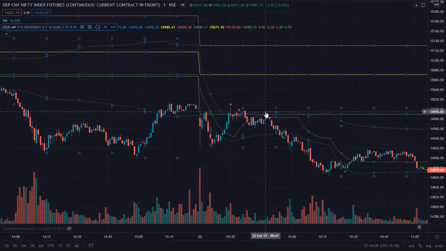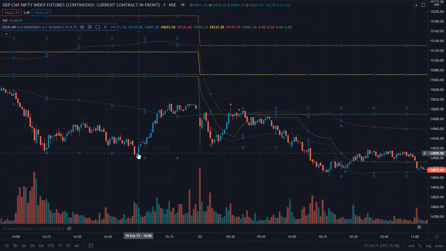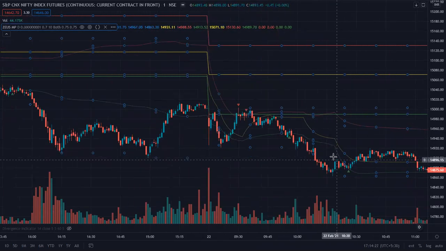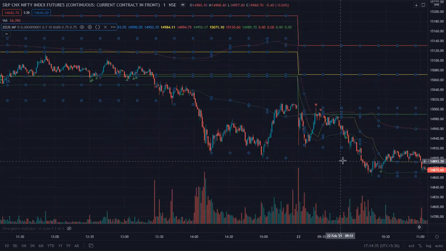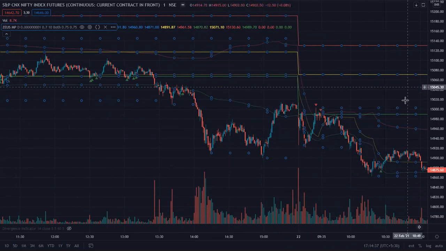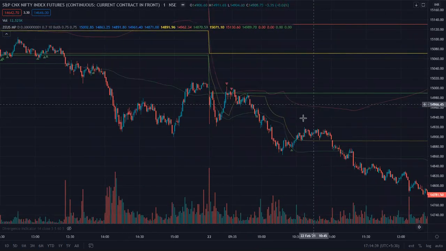After that, the market fell down, it broke through the value area low, and the whole perspective of the market changed. I was hoping maybe it would take some kind of support out here, but at this point there was so much selling volume that the whole direction of the market changed. Because if the market would have taken support out here, it was likely the market would have come back. If it had come back, then maybe I could have thought of shorting it out here. But it did make a voluminous breakdown, and the market is not going to move sideways for some time. It's going to start going down.